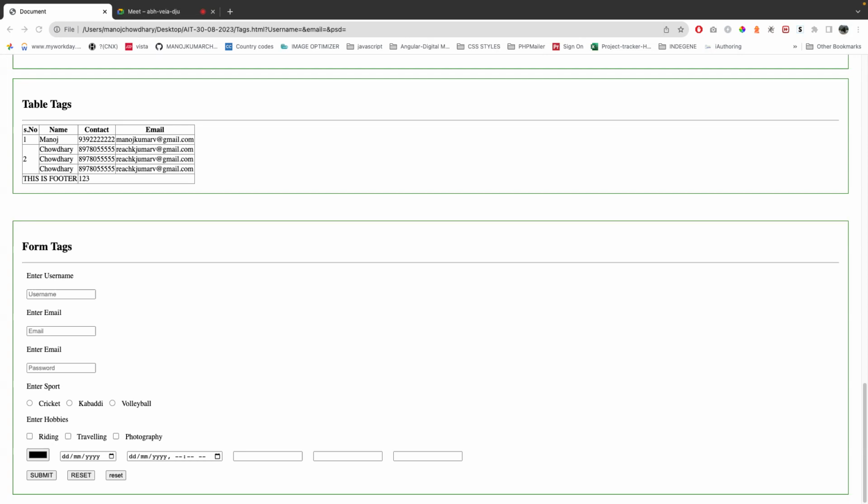Cool, then forms we got completed. Okay. Then different HTML versions, client side data store, interactive documents, and then